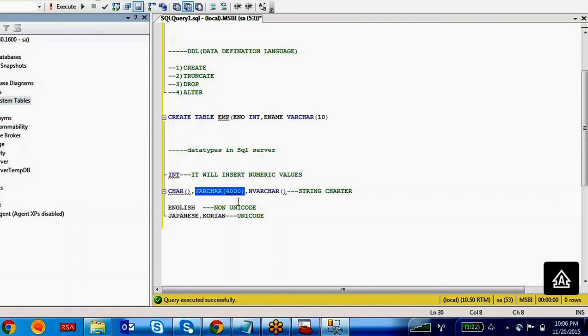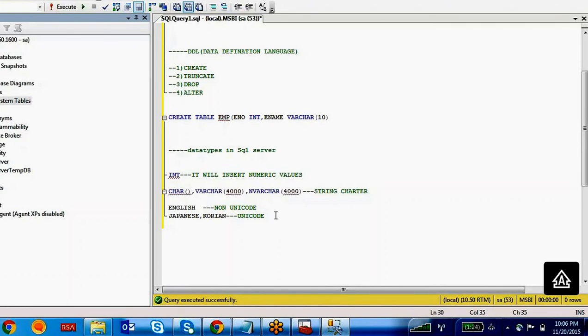That means each character takes 2 bytes, because Unicode characters are very different and take double space compared with non-Unicode characters. Non-Unicode characters are nothing but English languages. Japanese, Korean, these are Unicode.